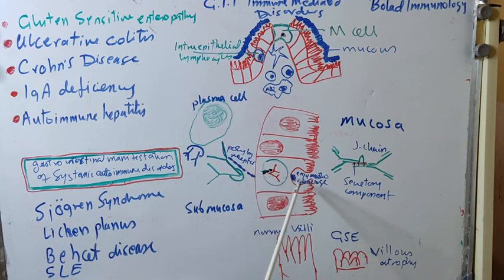However, it undergoes enzymatic cleavage from the polymeric immunoglobulin receptors, but a small part of the polymeric receptors remains attached to the dimer, and this small part together with the secretory component